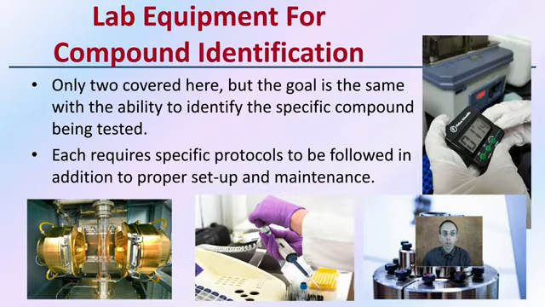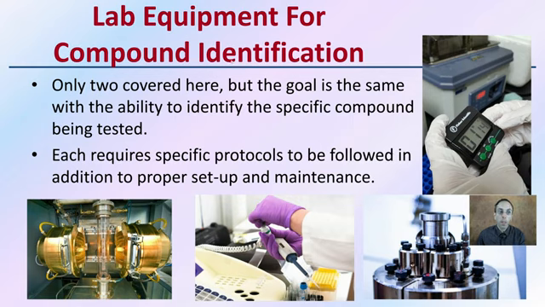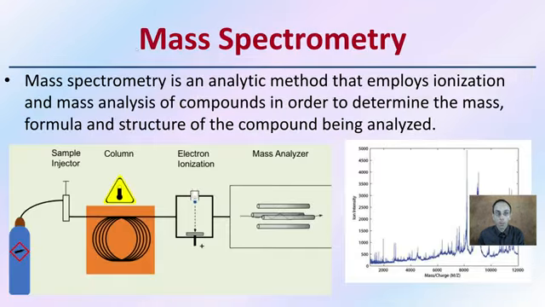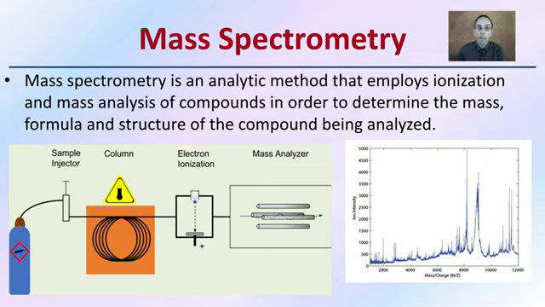The lab equipment used for this compound identification process, only two covered here, but the goal is the same, with the ability to identify specific compounds being tested. Each requires specific protocols to be followed in addition to proper setup and maintenance of the equipment over a period of time. So we have mass spectrometry, and this is an analytical method that employs ionization and